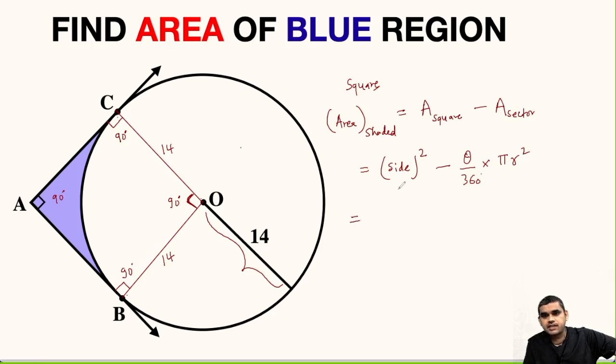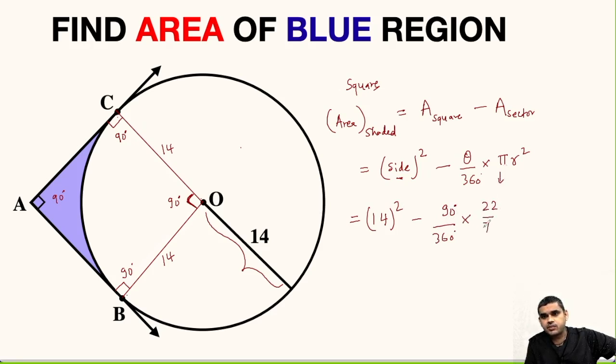Let us substitute the values. This side of square will be 14 units. So 14 squared minus theta here is 90 degrees upon 360 degrees multiplied with, in place of pi we can